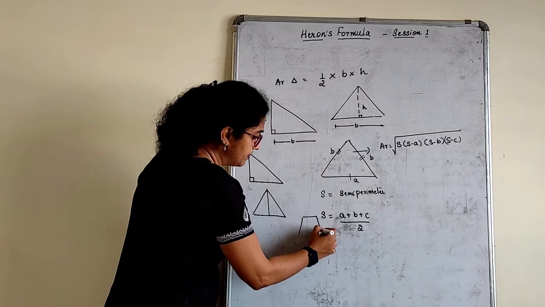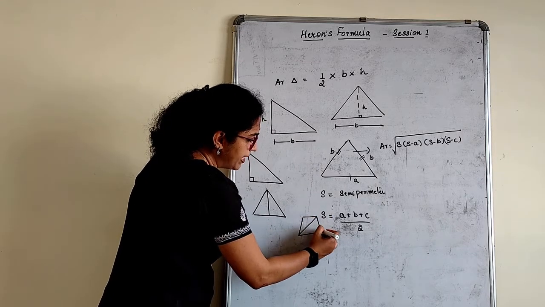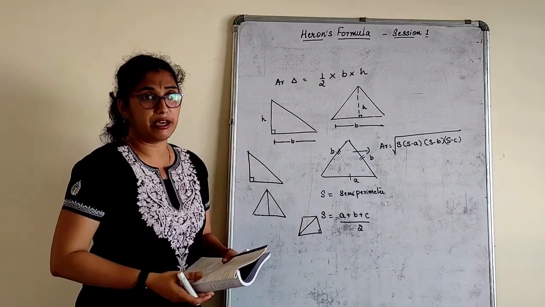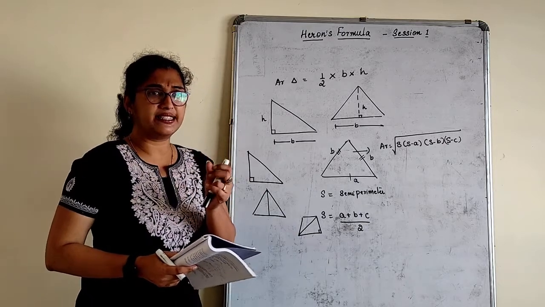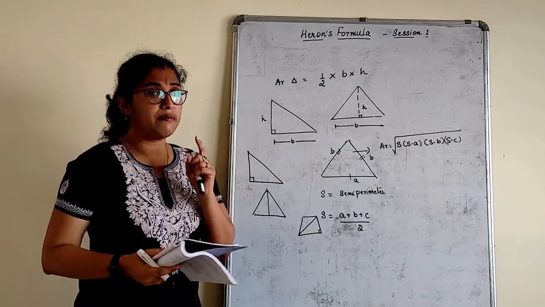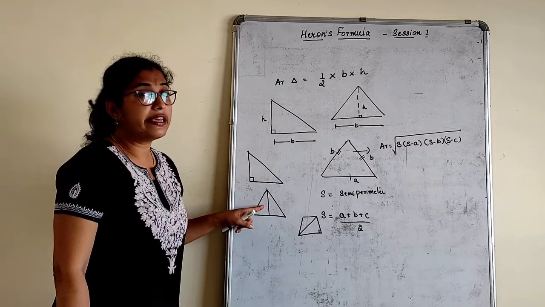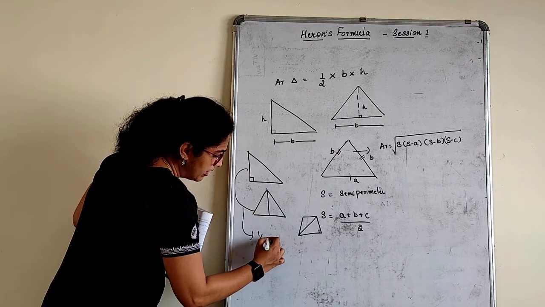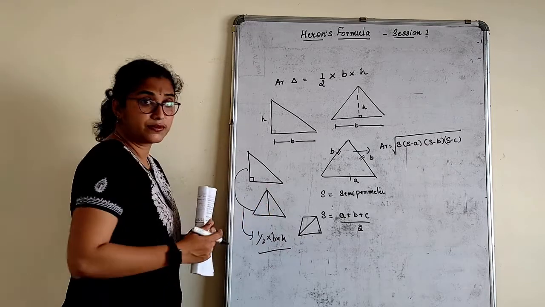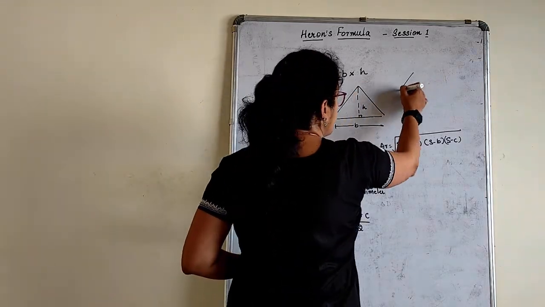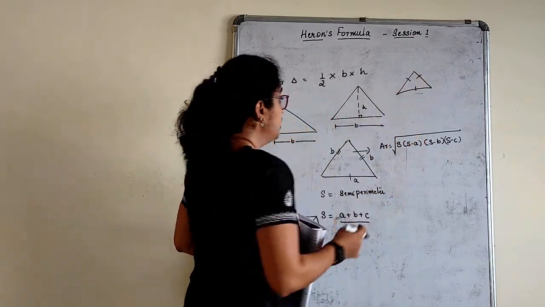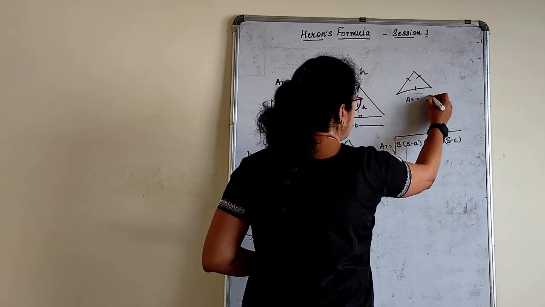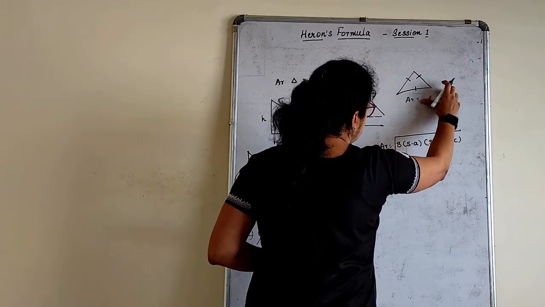suppose a quadrilateral is given and it is divided, and it is somehow made sure that one part is a 90 degree triangle and another part is a usual triangle. In the second exercise you come across this. So in case anywhere in these sums you come across a right angle or a triangle with an altitude, that is height, there you directly apply the half into base into height formula, right? One more thing, if you come across an equilateral triangle, should I apply Heron's formula there? No. You apply directly the equilateral triangle formula, that is nothing but root 3